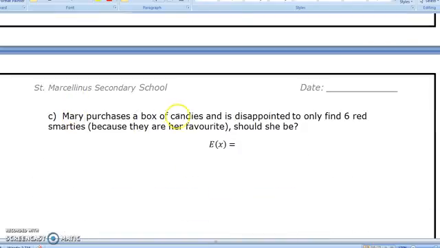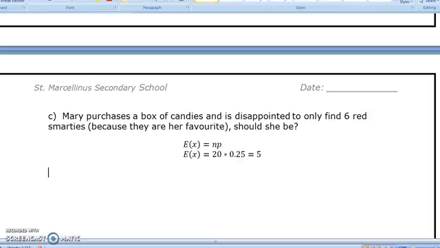Okay, Mary purchases a box of candies and is disappointed to find 6 red Smarties because they are her favorite. Should she be disappointed? Well, we can answer this question easily if we use our expected value formula. The expected value for the number of red Smarties in a box would be 20 in a box times the probability that it's red, which is 0.5, which actually is only 5. So she is being unreasonable here, probably